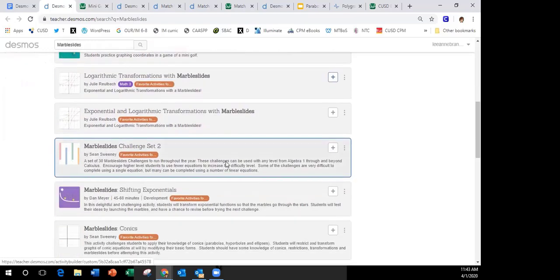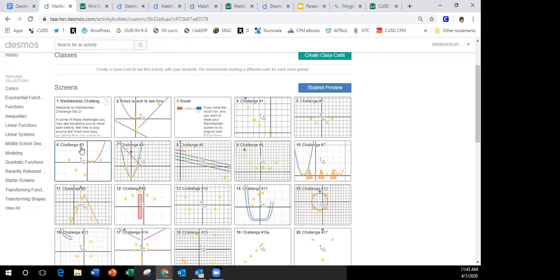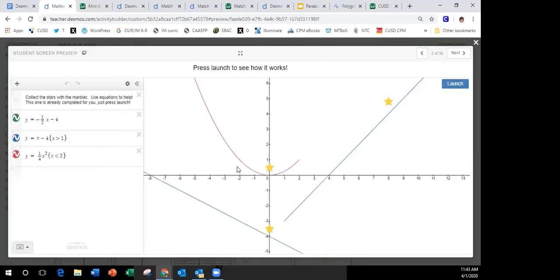This is a challenge set, and it's meant if you had somebody who was really, really into it, you could just give it to them. But it's really meant like you could take this slide and just paste it to be this slide and let students work on this one. This week, you could put one marble slide challenge a week in your